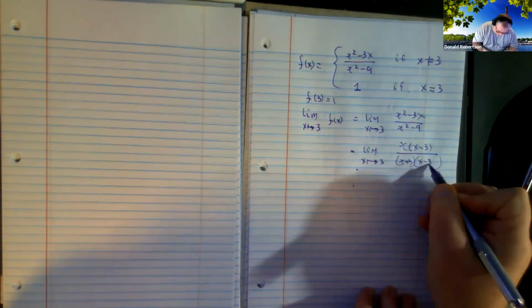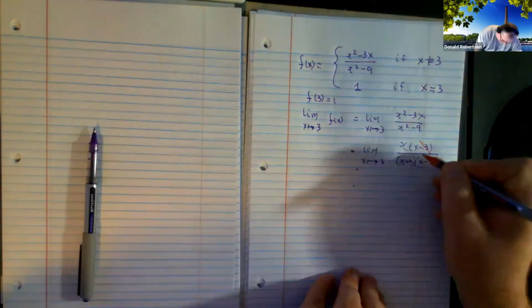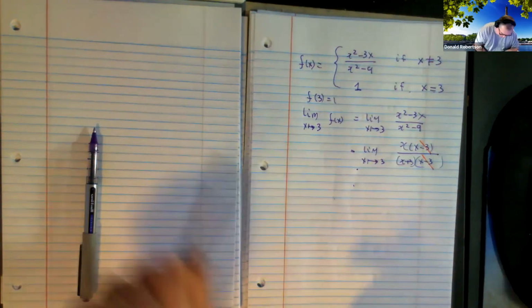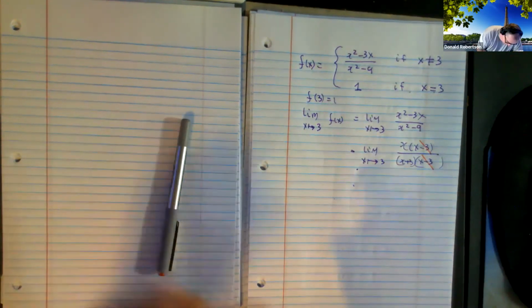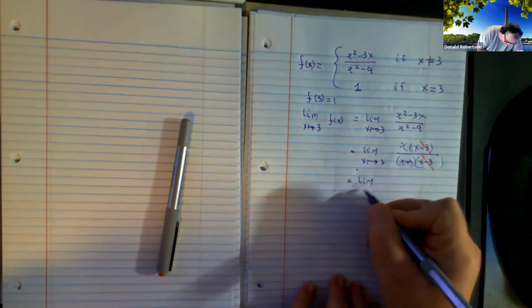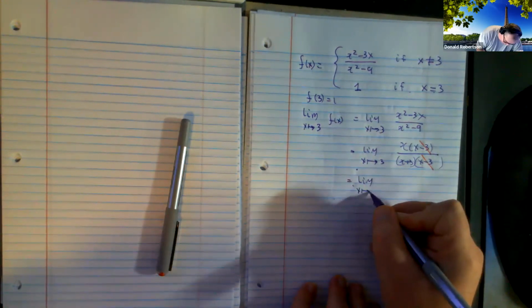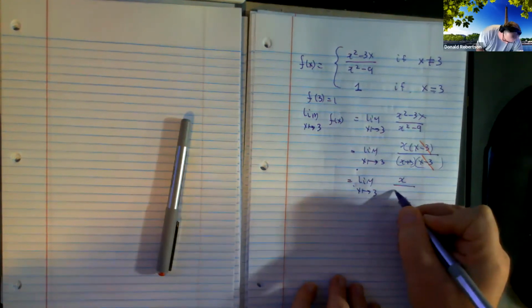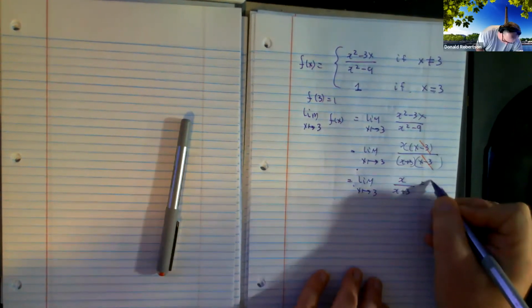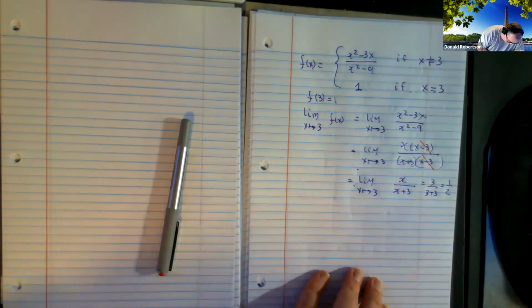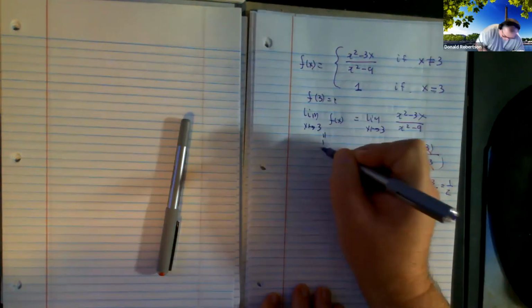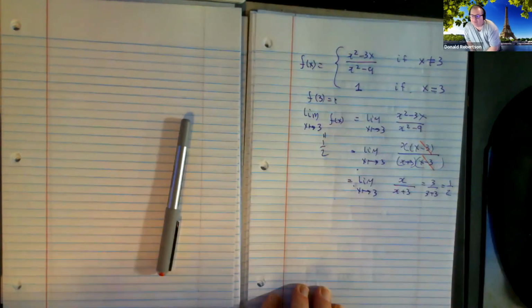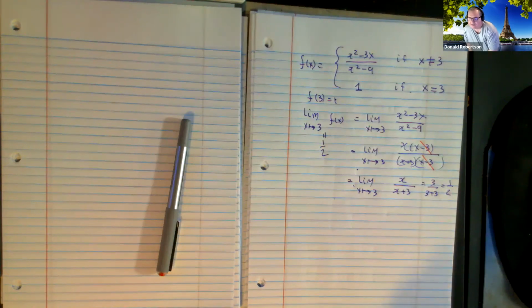There's the factoring. If I cancel, which typically comes directly after that, I now have the overall limit as x tends to 3 is just x over x plus 3. And that you can get because it ends up being eventually a half. Now, that guy is 1 and this guy is a half. Doesn't that mean that there is a problem at x equals 3? Agreed?